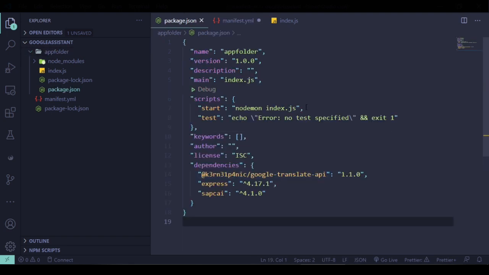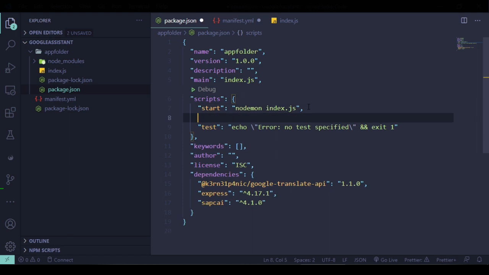Now under the package.json file, we need to add a little something for inspect, and we can just write something like node inspect index.js. That means in the inspect command mode, my application will be in inspect mode, and it will be available for my debugging. Okay, that is pretty much what I have to add, and now I have to deploy this to the cloud.